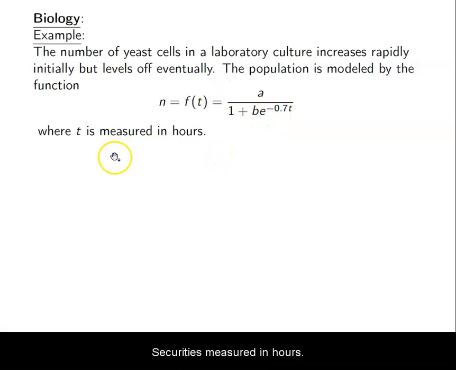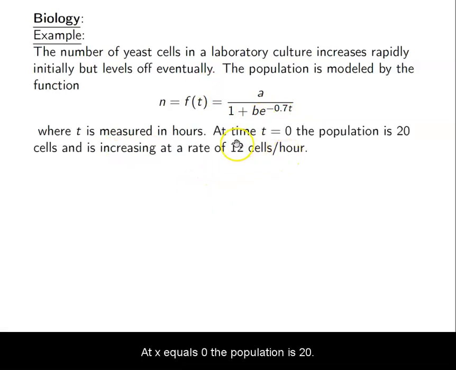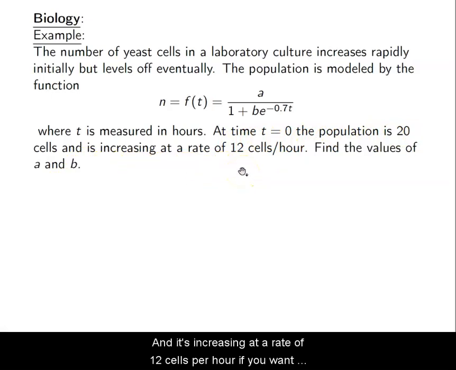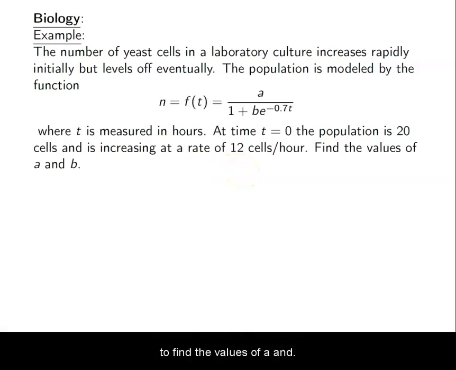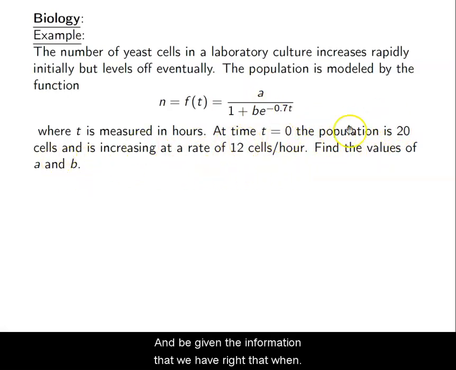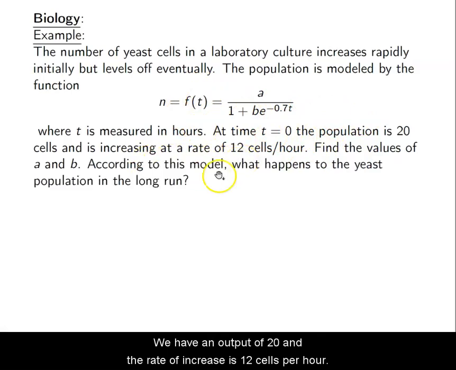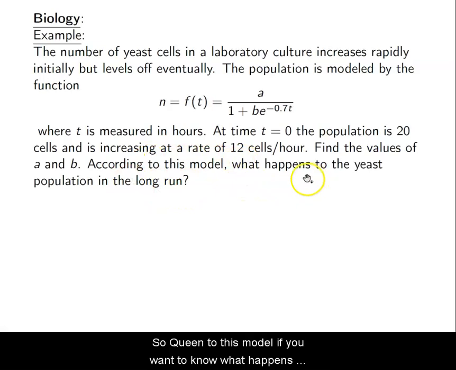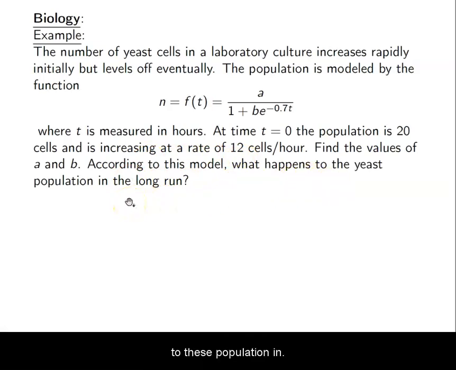Okay. So here t is measured in hours. At time equals 0, the population is 20, and it's increasing at a rate of 12 cells per hour. We want to find the values of a and b, right? So we have some information here. A and b are unknown to us, but we're given some values. So they're asking us to find a and b given the information that we have, right? That when t equals 0, we have an output of 20, and the rate of increase is 12 cells per hour. So according to this model, we want to know what happens to the yeast population in the long run,